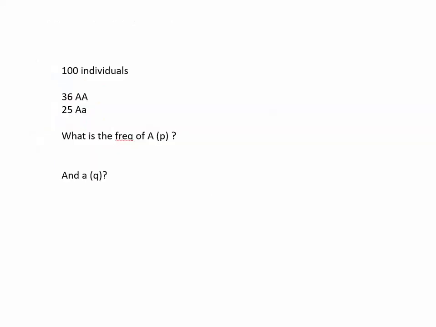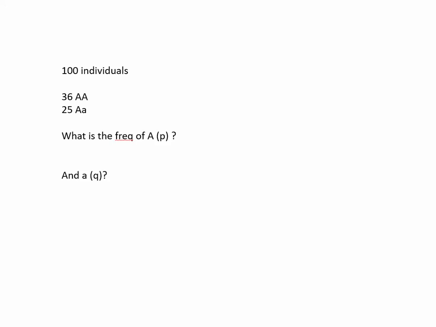Okay, so you can then do these kinds of problems with any number of other numbers that you were given. So imagine I said you have 100 individuals, 36 of them are heterozygotes, large A, 25 of them are homozygotes. What's the frequency of the large A allele? Well, by subtraction, you know that you have 61 individuals of those 2 genotypes, and so the third genotype is 39 individuals of that genotype,